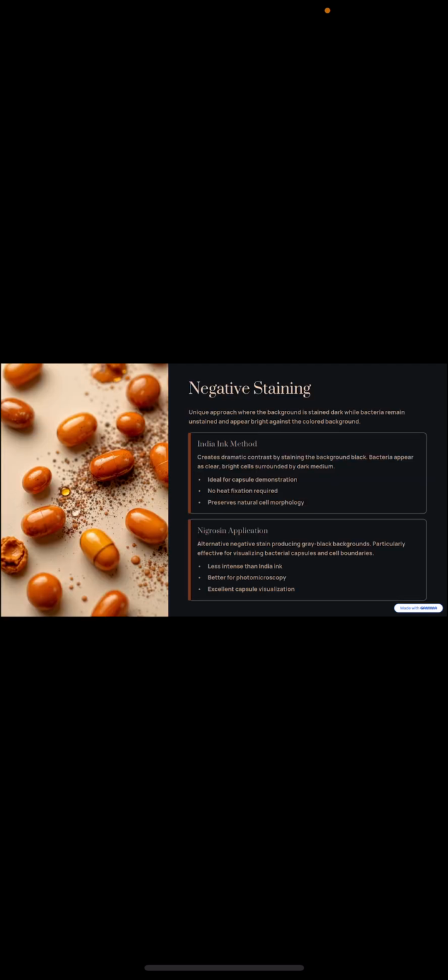Negative staining. What is negative staining? Negative staining is a microscopy staining technique in which the background is stained, but the cell or the structure remains unstained and appears clear or bright against a dark background. So it is a unique approach where the background is stained dark while bacteria remain unstained and appear bright against